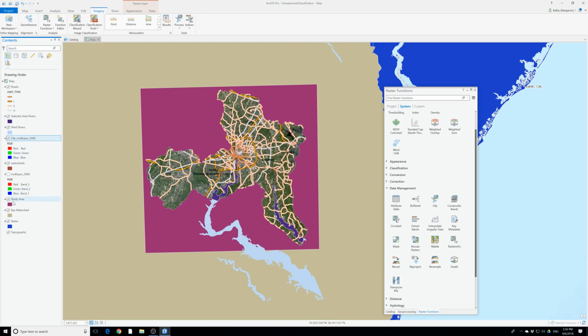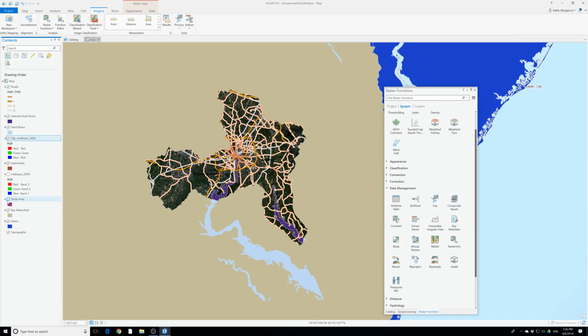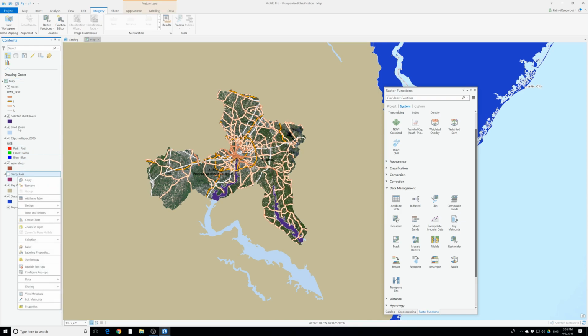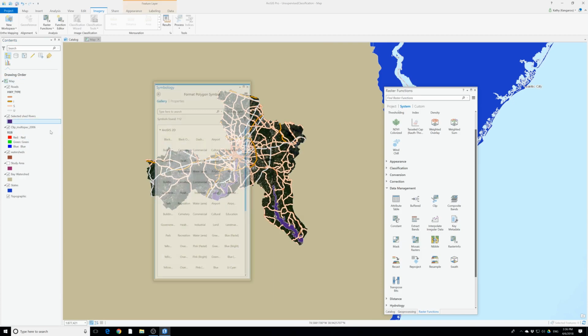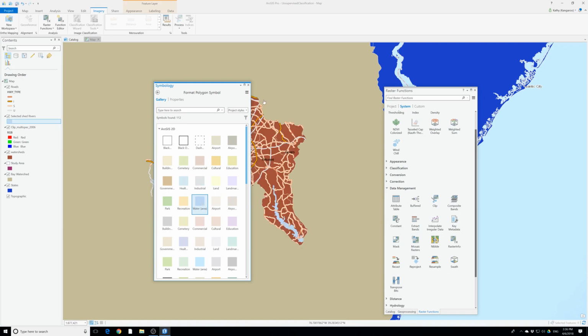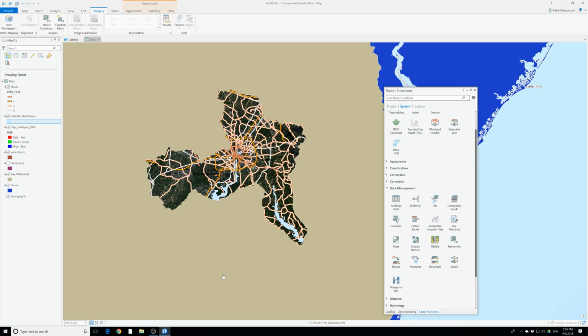So that's very interesting, the study area. I can just not show it, and then we clip just the shape we wanted. And actually we don't need this anymore, and I don't think we need the study areas. Let me just remove this. Okay, I'm gonna change this color to just water body. Okay, I like this color better. Okay, so now everything looks good, and we will write a short analysis of the land cover pattern in each